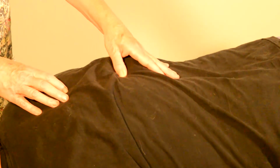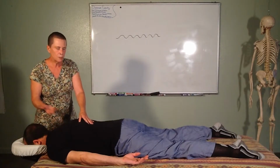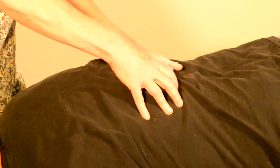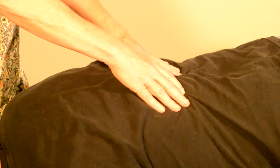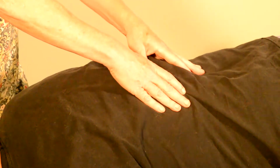Students usually ask, well, is it heavy pressure? Is it light pressure? It's a pretty medium pressure. It's not real heavy. It's not real light. And then I've got this space. I'm going to come in and find the next space and use my other thumb and do it too. And then I just do a leapfrog pattern. So now I leapfrog down to the next space, find